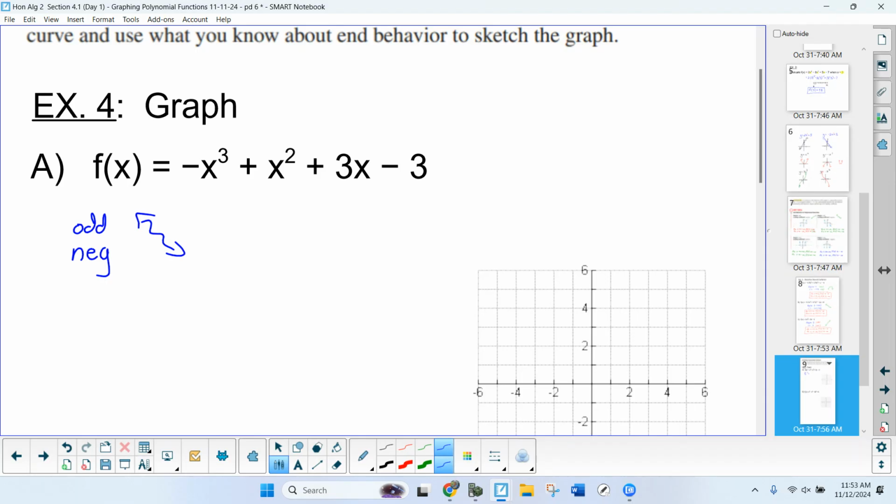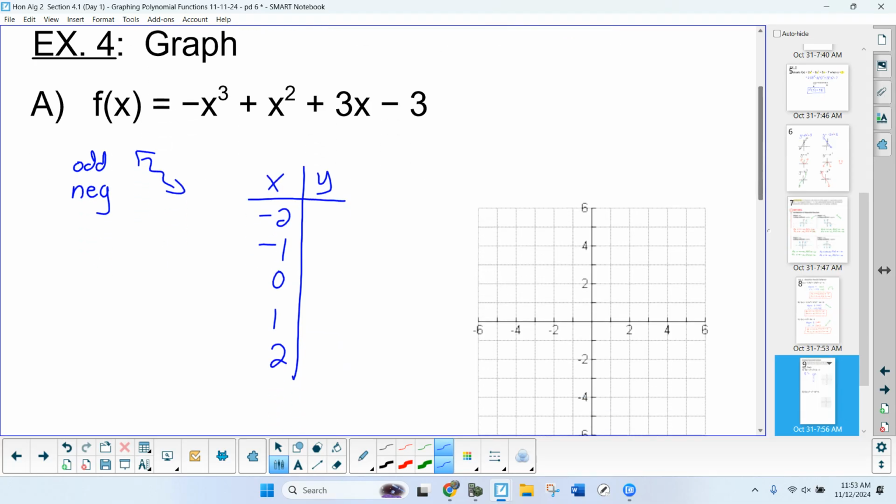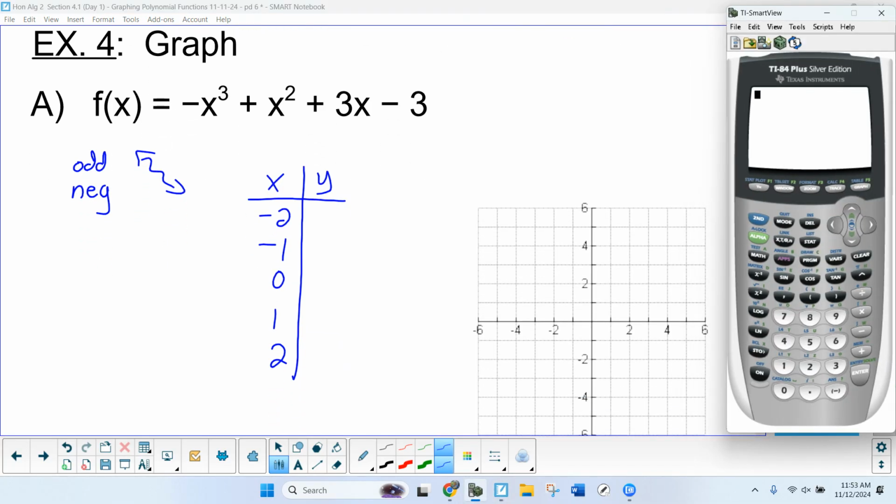So we're going to make a quick table of values. Now, you guys will not have graphing calculators for every single one of these, so don't think I'm just going to type this in my graphing calculator. Let's start with this table of values. Okay, once you put this onto the graph, if you don't see the whole end behavior, you have to go further to the left or further to the right. I'll show you what I mean in a minute. So on your calculator, because I would give you red calculators,